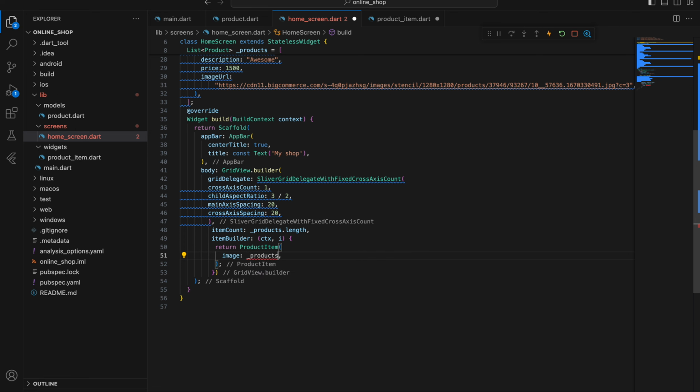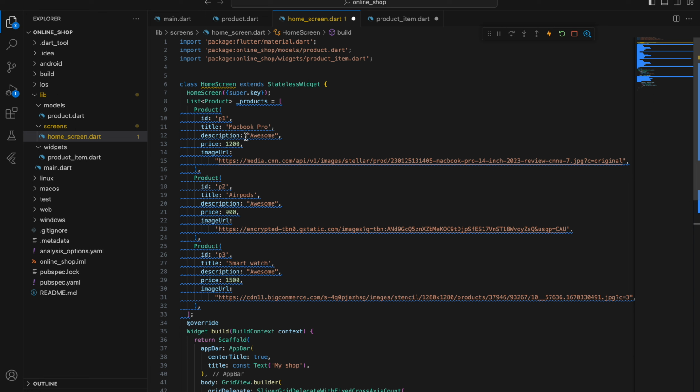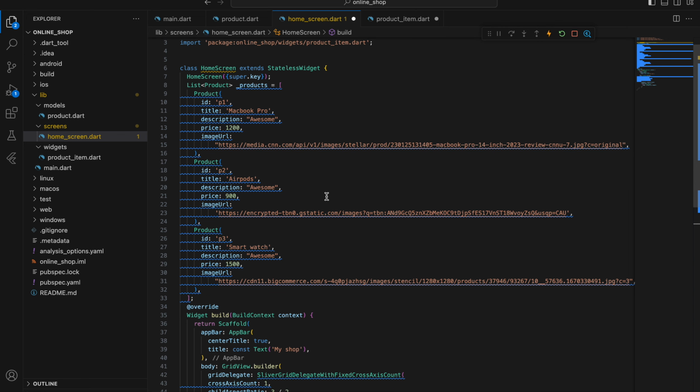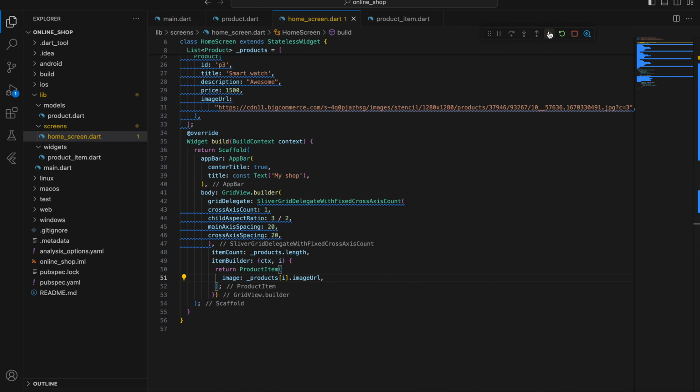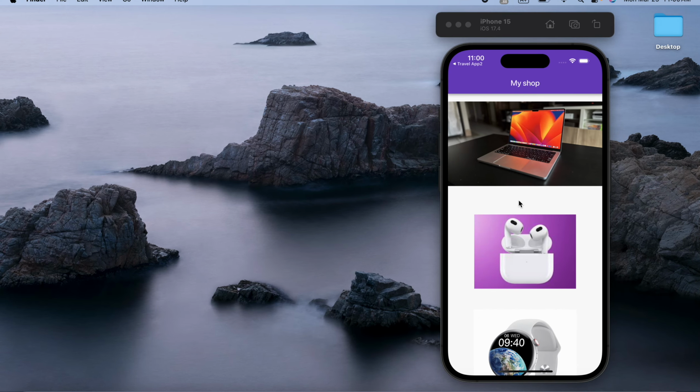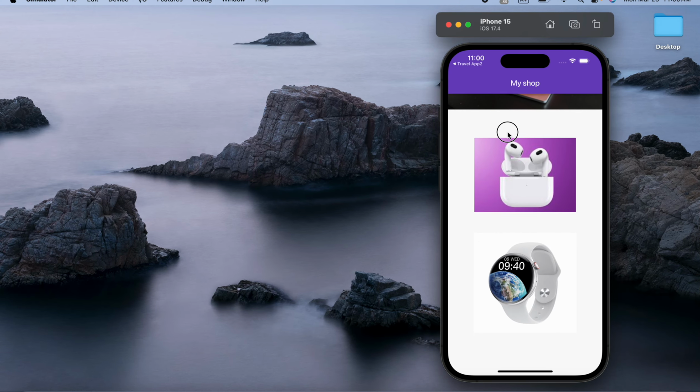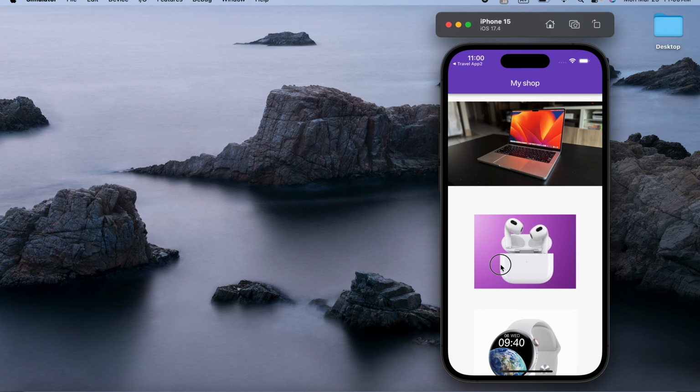Product image, indexed, and dot image URL. Where it finds the image URL, I already wrote the image URLs here. I took them from the internet. You can take them now. Let's reload. Yeah, it's very easy. You can use any products,